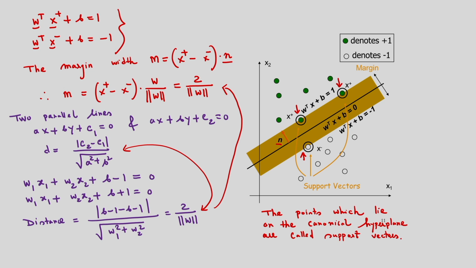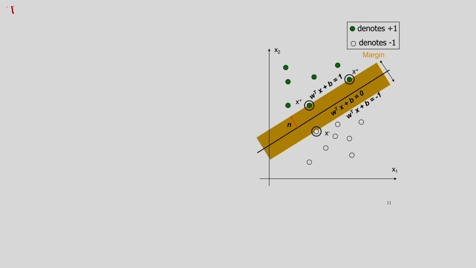So move to the next slide. The formulation is: I have to maximize 2 divided by w norm, that is the margin width, such that